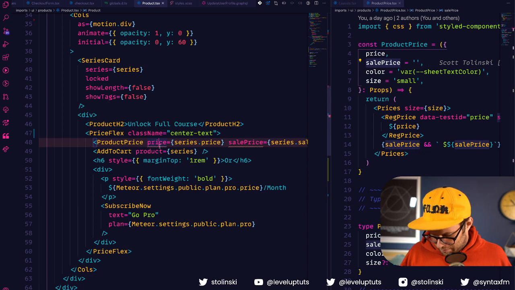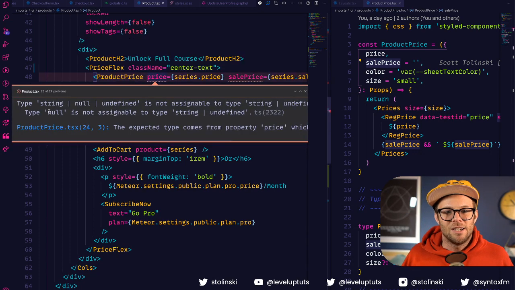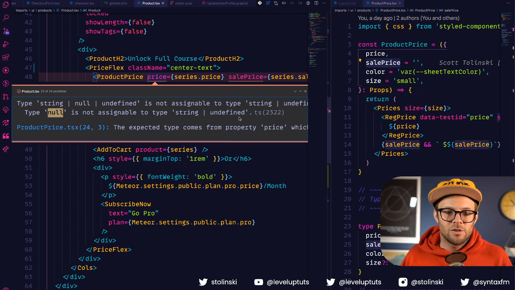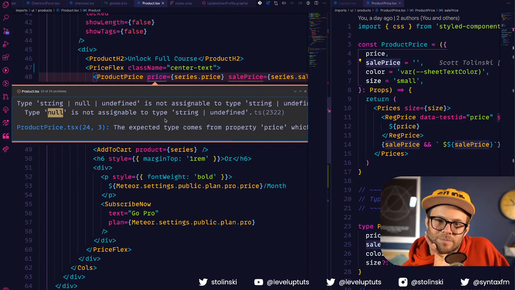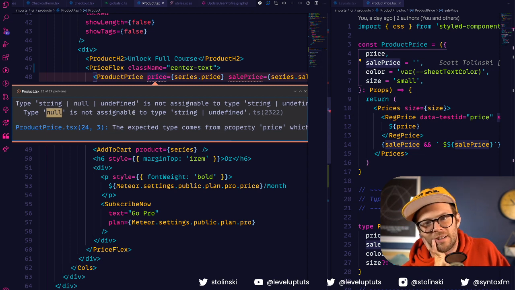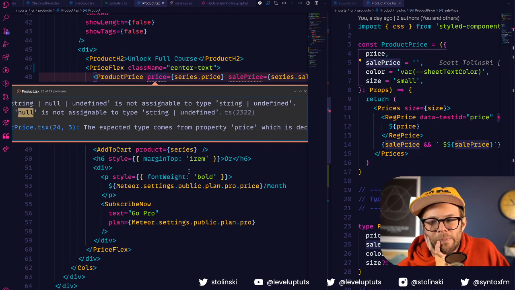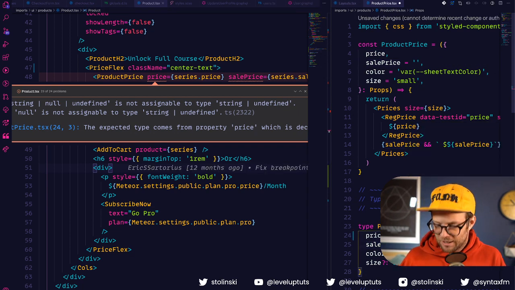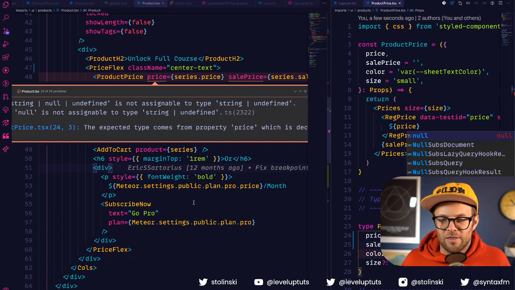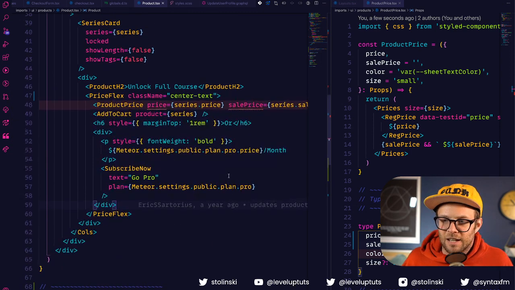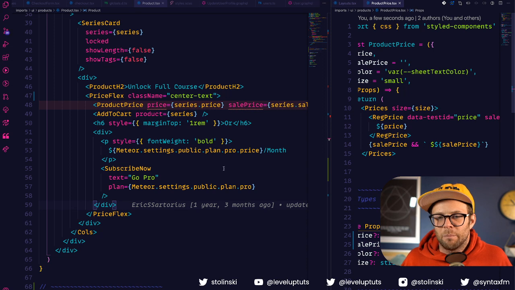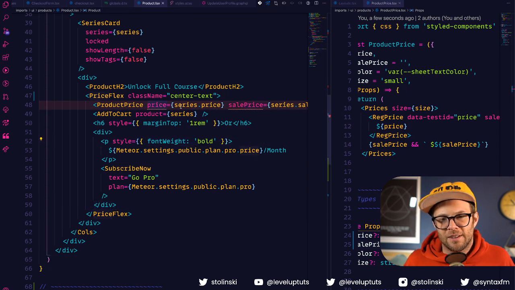So it is complaining that they could potentially be undefined. So type null is not assignable to type string or undefined. Type string or null or undefined is not assignable to type string or undefined. So, I mean, the easy solution would be to say that, oh, hey, this thing could be null here, right? Or undefined. I think that's the problem. I mean, you could always do the string null or undefined bit. But I don't think that's it. The problem is that series.price is